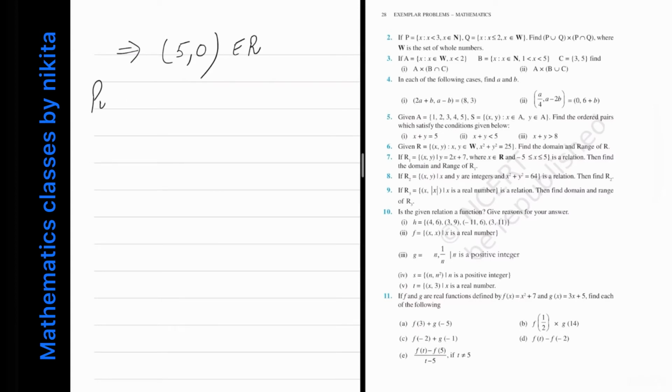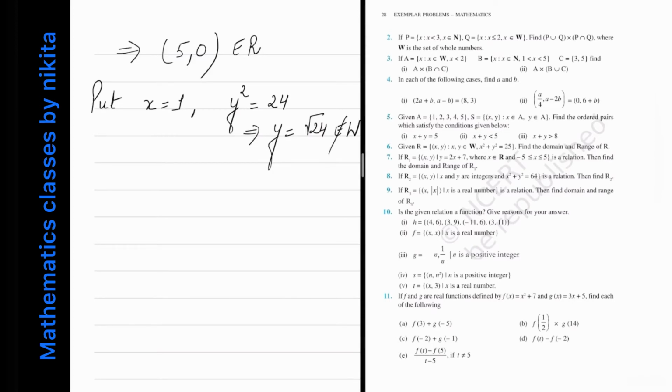Now if I put x equal to 1, I'll get y square is equal to 25 minus 1, which is 24. And from here you can see that 24 is not a perfect square. So y is equal to root of 24, which is not a whole number, so I will not get anything from here. Okay. So this implies y is equal to root of 24. Plus minus will come but we are taking only the positive sign, and this does not belong to the set of whole numbers.